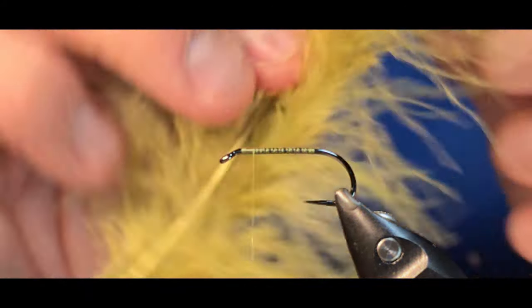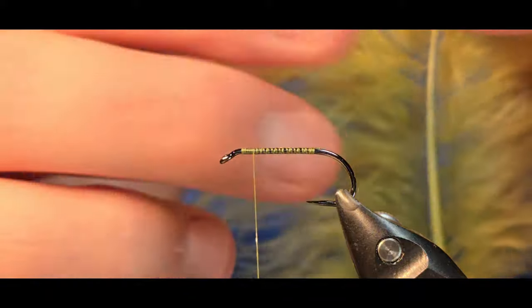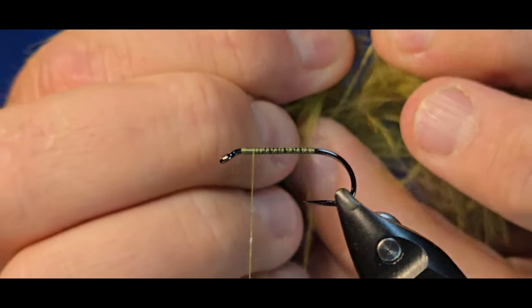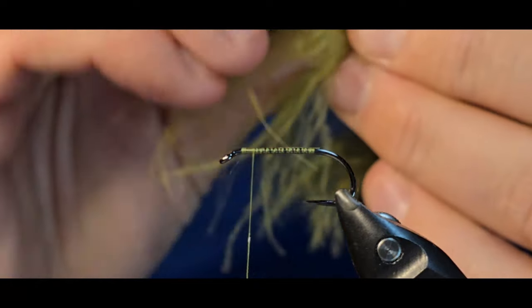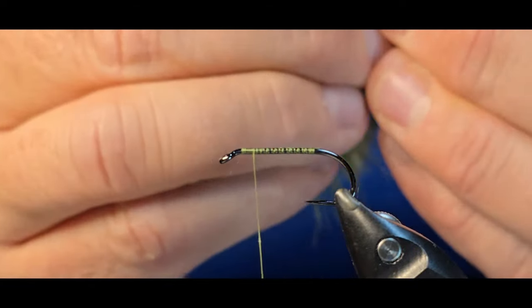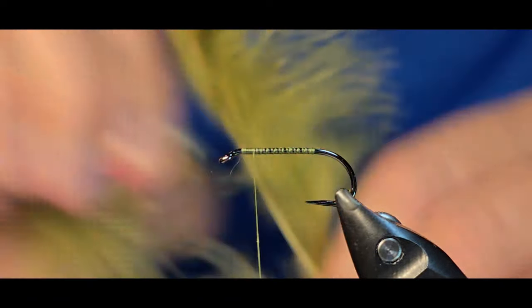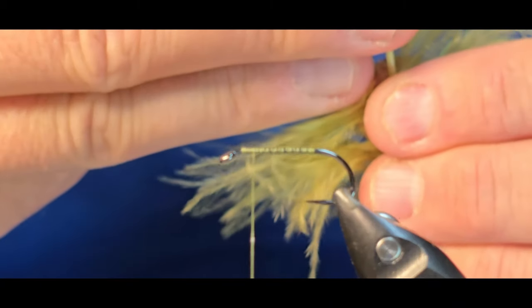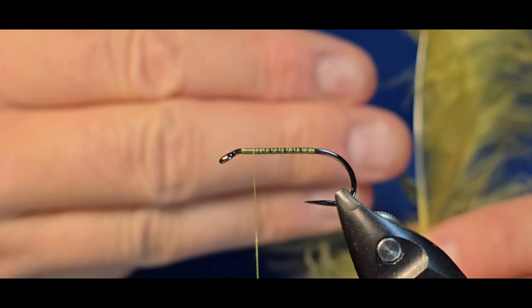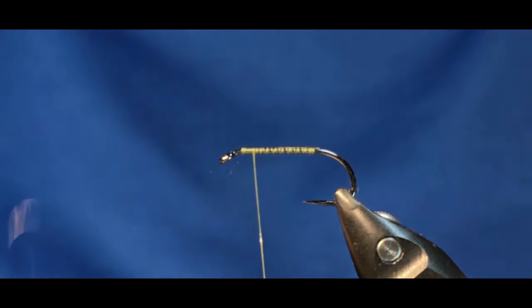And I take my marabou, and as I always do, I stroke it out. Actually, I'm going to just stroke it out, and I'm going to tear it off one side and fold it in. Tear it off one side and fold it in. Tear it off one side and fold it in, and one more time, just a little bit. And if I take a look, that's usually about 2 to 3 fingers width coming off of the feather, right? So, ready? And now that I've got that little bundle,